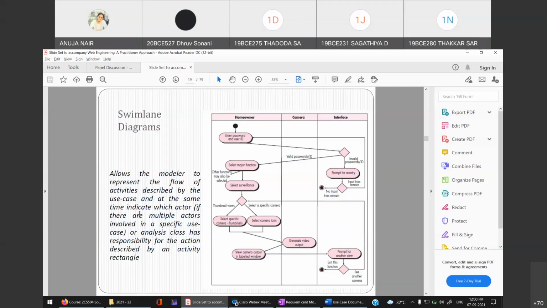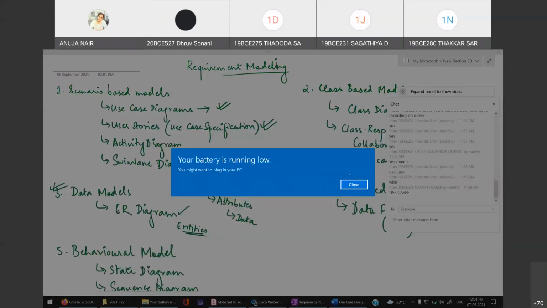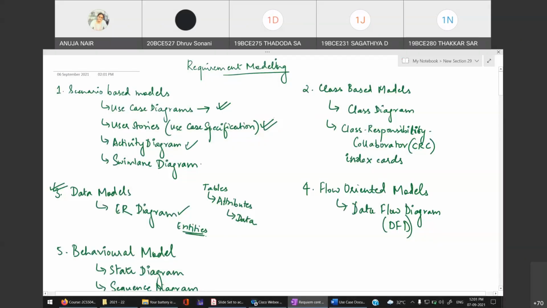Please tell me if you have any doubt over here. So basically, we have covered this much part. My scenario based model is over, and now in your coming labs, I don't think you will have a problem. One is the Gantt chart. Of course, the Gantt chart will be taught to you in lab, but after the Gantt chart, you have use case diagrams.